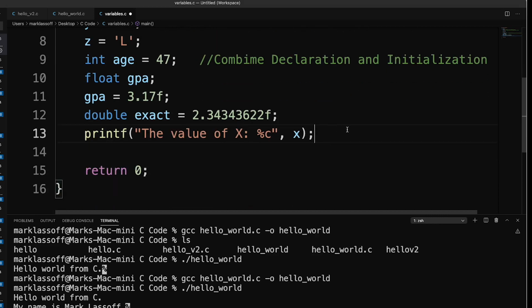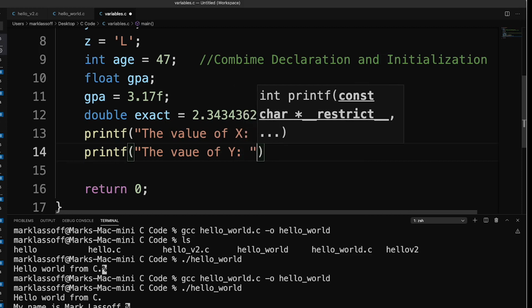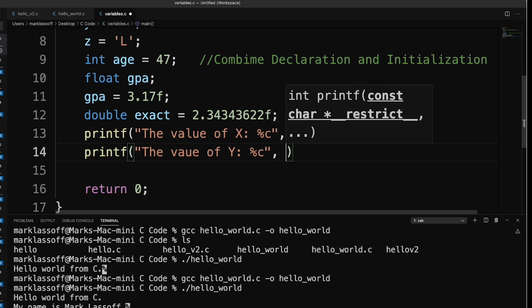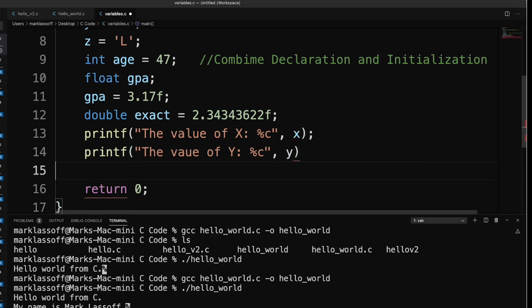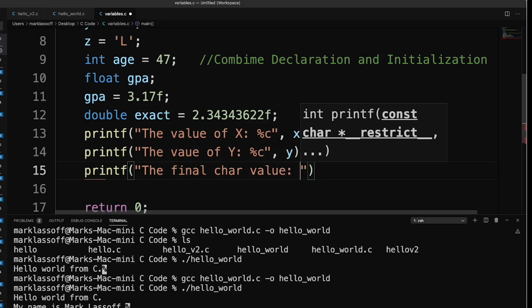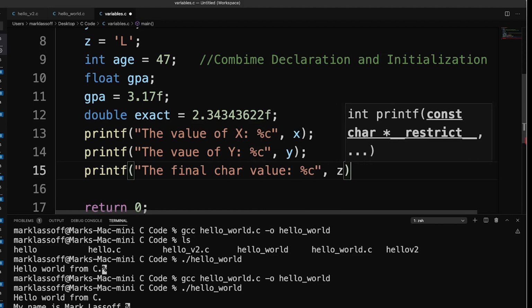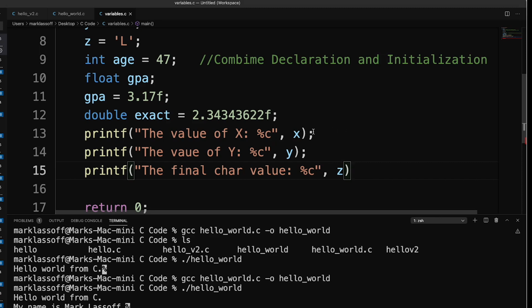And you'll recall that X was the first variable we declared. I can do the same thing with Y and Z. So printf, the value of Y, and again, %c is our character entity. That's where the actual value is going to go. The value is going to be substituted for that %c, c being a character entity for a character or char variable. And then the final char value, which is Z. Again, %c, because it's a char, or character variable, Z. So that's going to retrieve the values stored in X, Y, and Z.